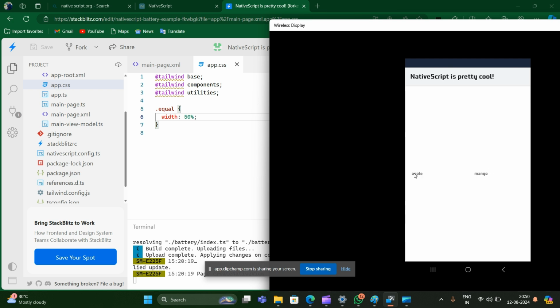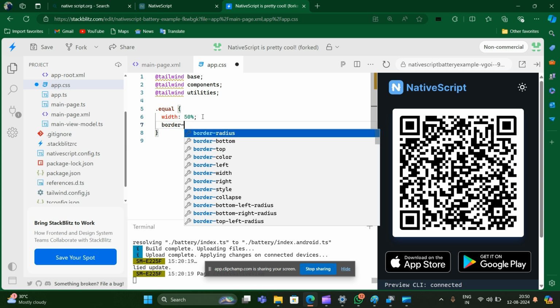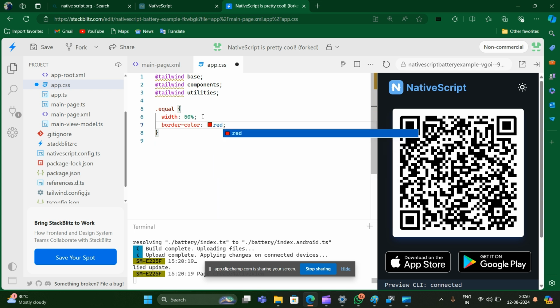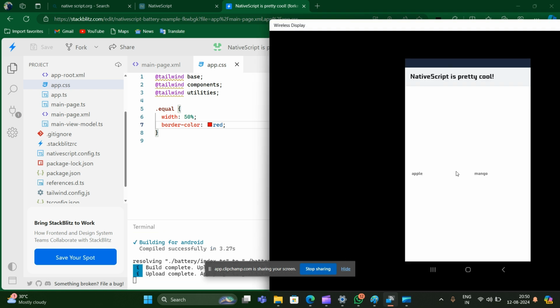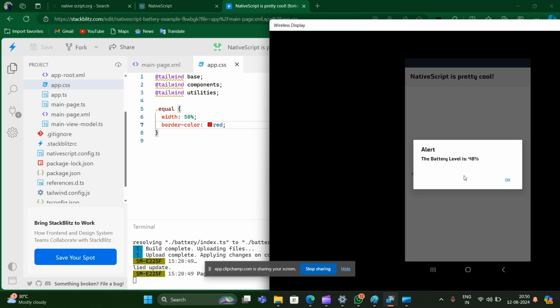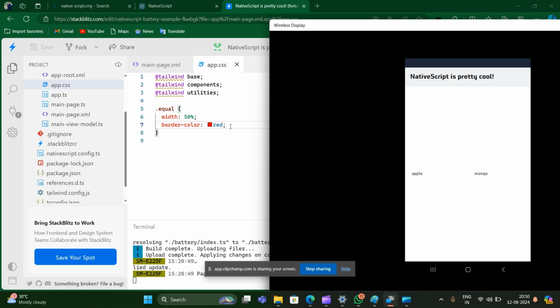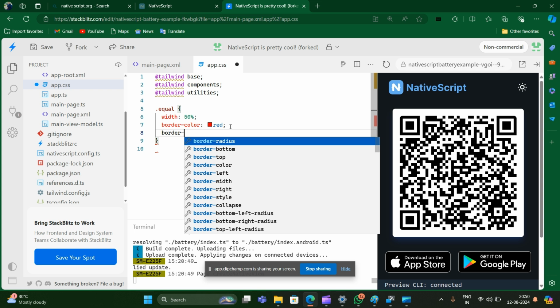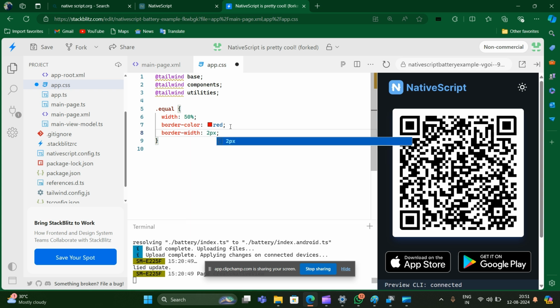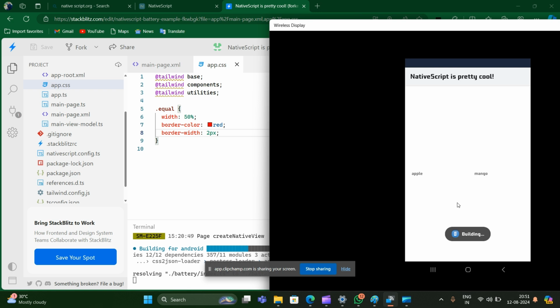Now you will see that earlier they were not taking equal space, because at that time they were laid out in this way. If I give both of them a border, you will see by yourself what is actually going on there.